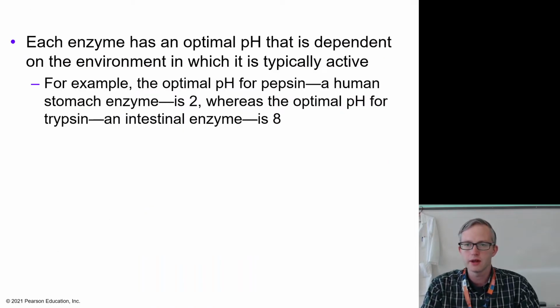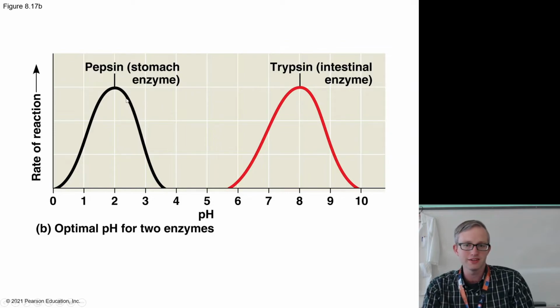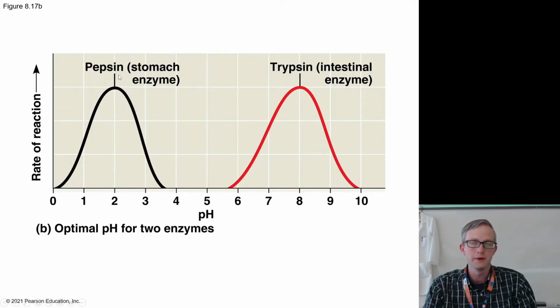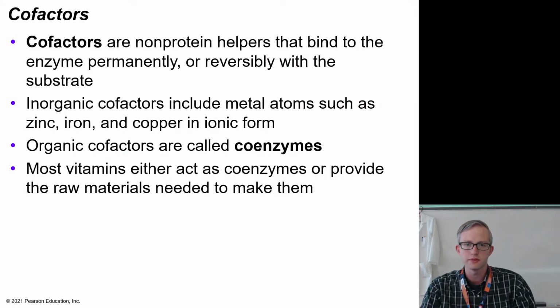Same thing with enzymes and pH. A typical enzyme in your intestine is going to have an optimal pH somewhere in the 7 to 8 range. Meanwhile, pepsin in the stomach has an optimal pH of 2. Why? Because it's in the stomach, right? And that's where we have hydrochloric acid. So again, some pretty straightforward examples demonstrate how enzymes can really be evolved to a particular environment, both within one organism or between different organisms.